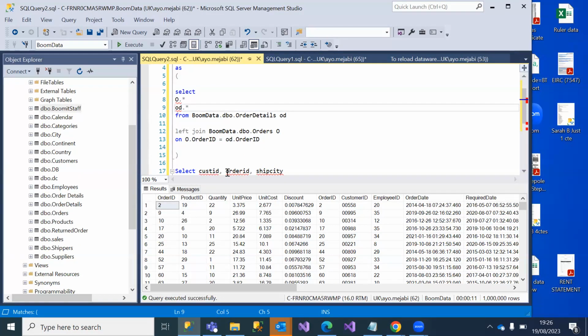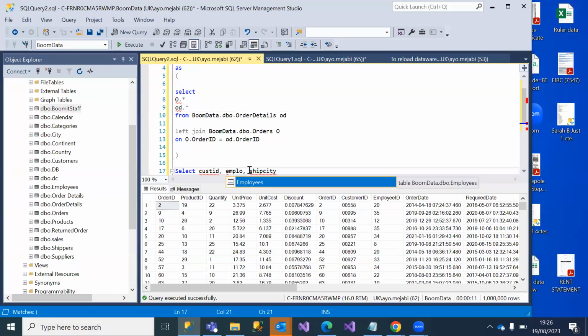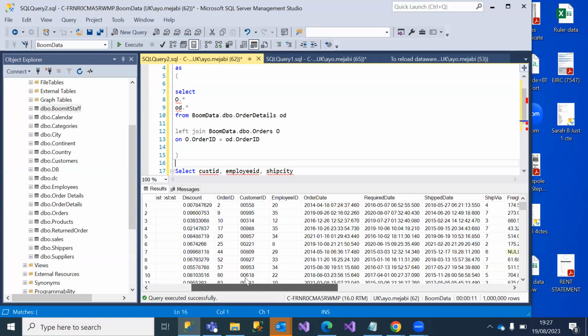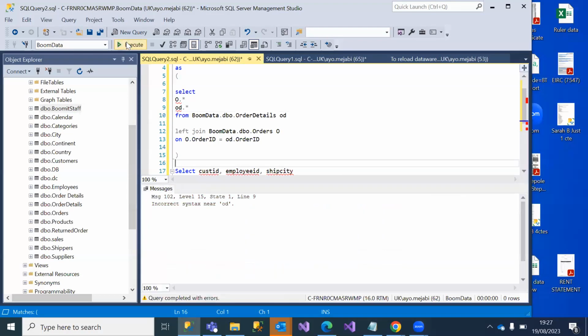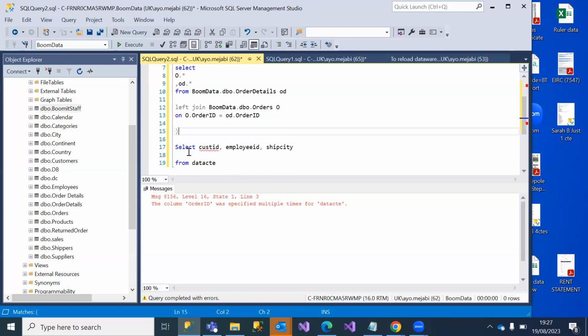Let me use employee ID here. Let me use what else? Okay, OD, comma. Okay, execute. Other ID was specified so many times.